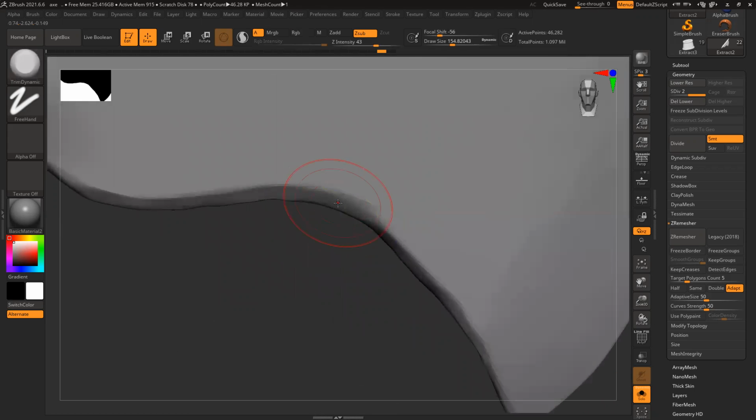These edges are visible, but it needs to be a little prominent.